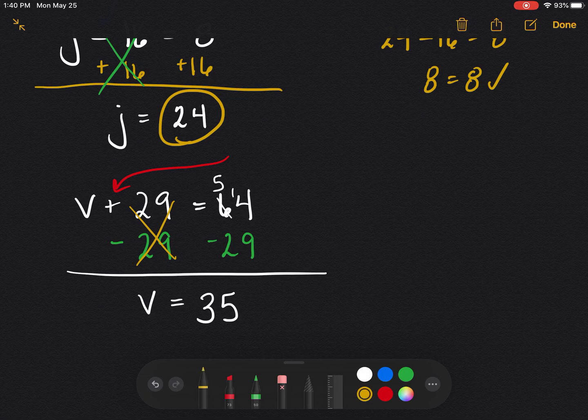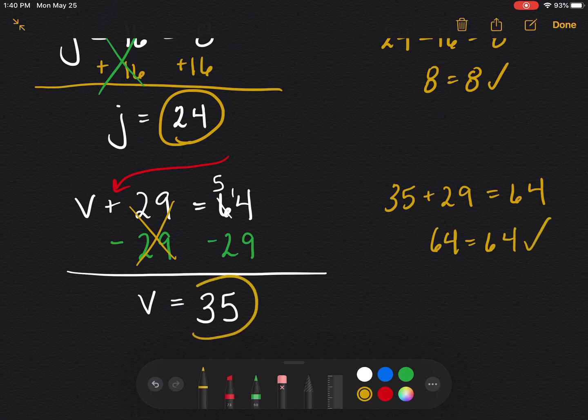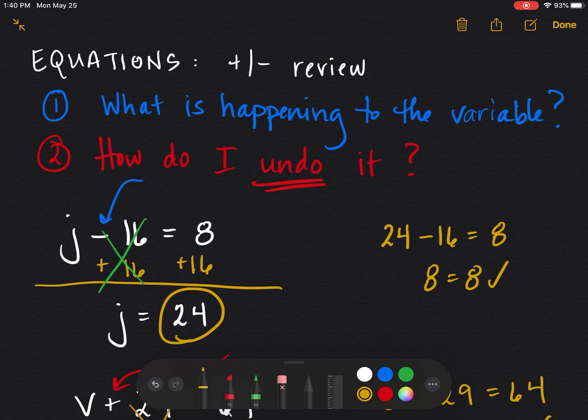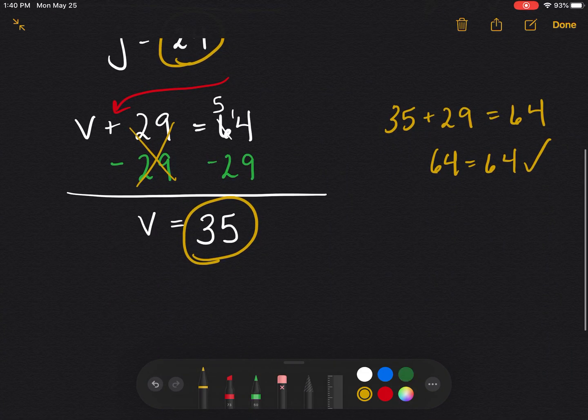Okay, so let's plug it back in. For v plus 29 equals 64. And if you add that up, it does indeed equal 64. And therefore, 35 is your answer. Okay, so take your time, ask yourself these two questions, and then the other thing that you need to remember